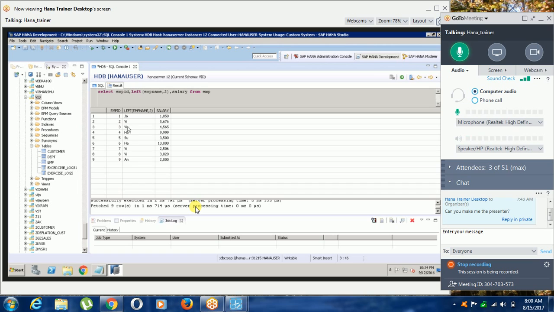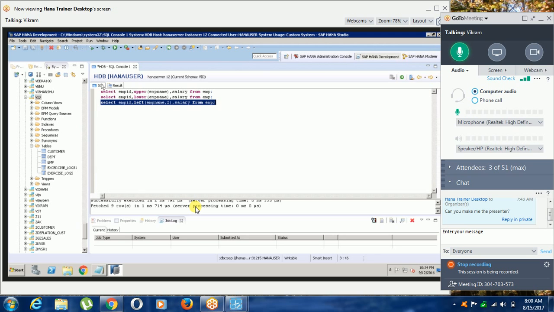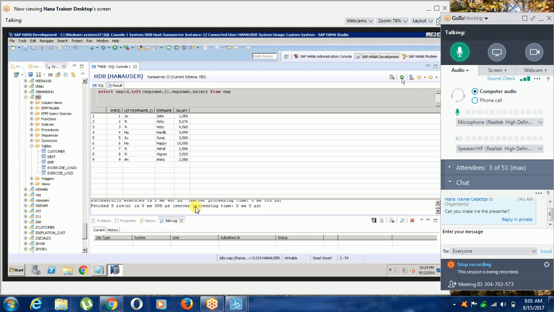It is showing two characters from the left-hand side. We can write the full name also, suppose emp name. See, it is a full employee name, and it is showing only